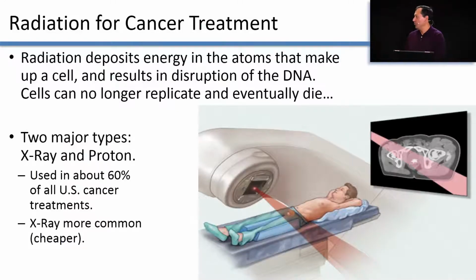There are two kinds of radiation. One is X-ray, which is the more common kind, cheaper kind also. And then there's proton radiation therapy. This is a little bit more expensive, a little bit more precise. It's like the difference between a flashlight and a laser beam. A flashlight, you shine it at the tumor and you try to sort of make the tumor go away. With the laser beam, it's a much narrower beam, but you have to be much more precise. Unfortunately, the X-ray machine, which is the not so precise, is maybe $5 to $10 million. The proton machine is more like $150 million. So, you pay for what you get.